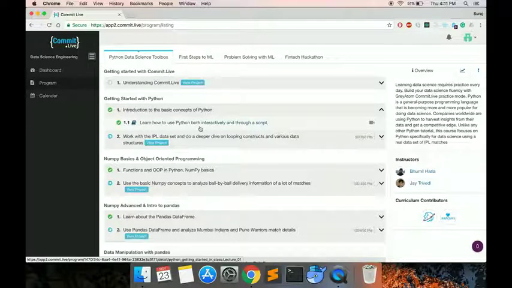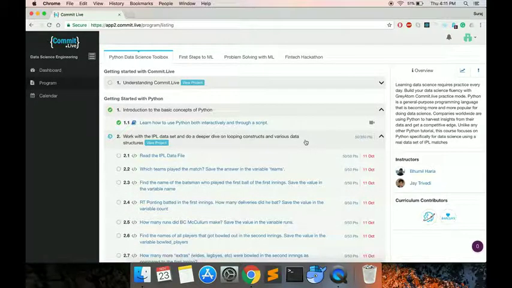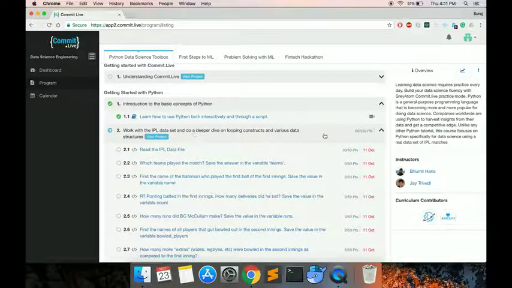So, what is a project in commit.live? In short, it's a collection of assignments. There will be a blue button which says View Project just below the in-class lesson. Apart from the button, it also contains the points that you will earn for that. Once you click on the project, you will see a list of project assignments.